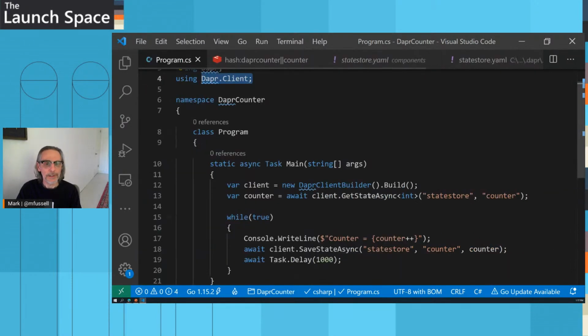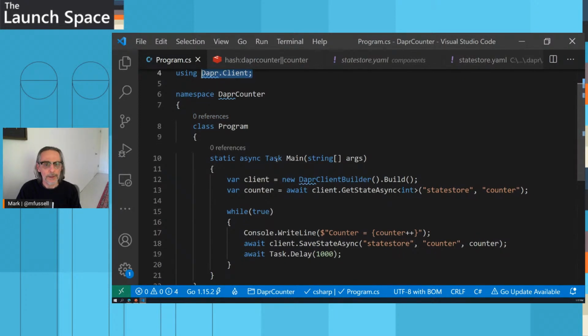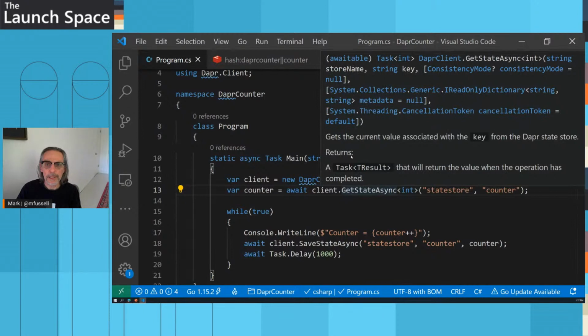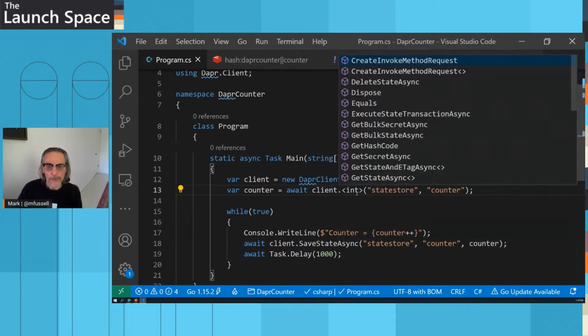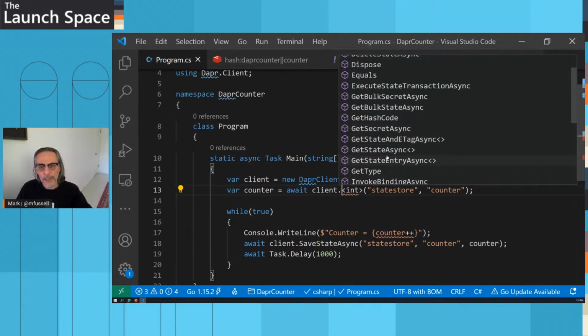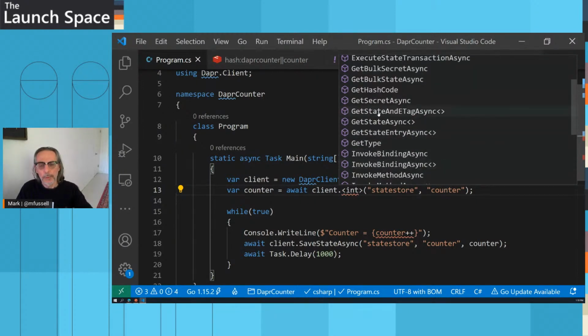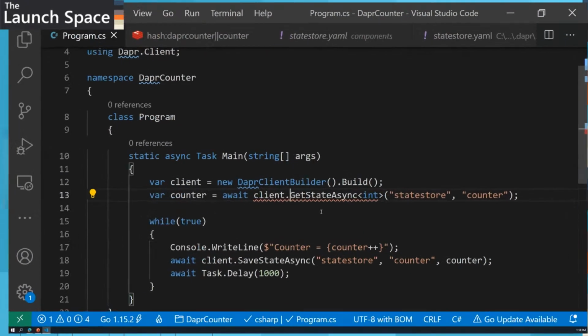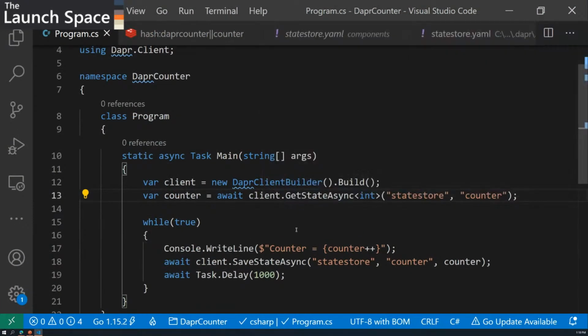If I look at this Dapr client now, I can write a very simple application like this one. I just have a main here. I can take advantage of this Dapr client builder. And now I can take advantage of all of the great calls inside here for invoking another service. I can get hold of secrets. I can store state, which makes for a long-running service. And so I can take advantage of Dapr through an API mechanism.